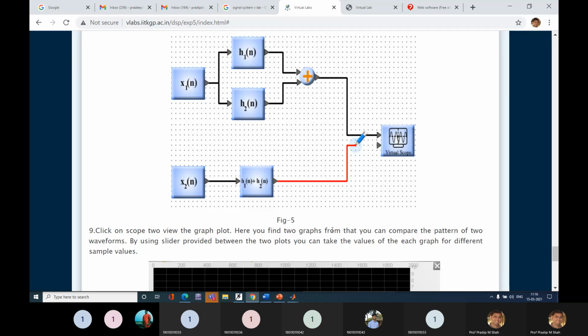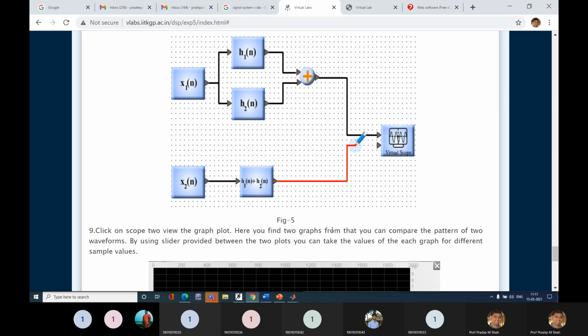In case of a series connection, you have to take a convolution of the individual impulse responses, while in case of a parallel connection, you have to take an addition of the two individual impulse responses. That is the difference, and that is the conclusion of the whole experiment. There are two conclusions. The first conclusion, from part one, is the definition of a convolution: the output of an LTI system is simply the convolution of input and impulse response.